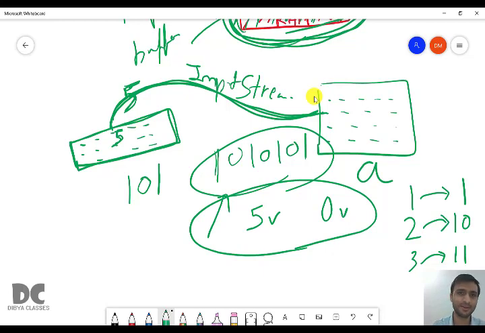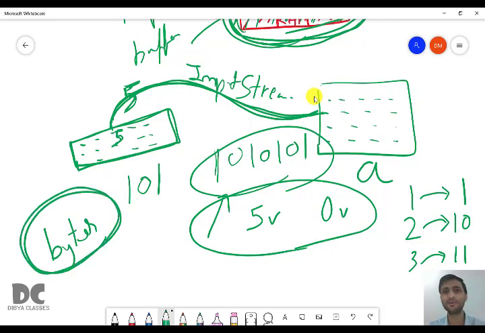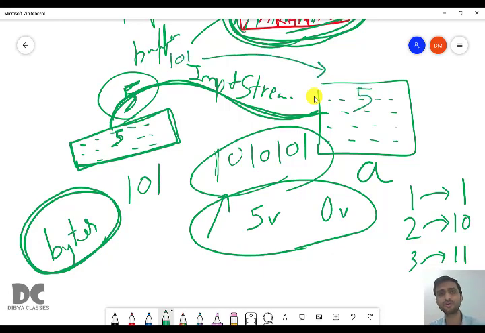And that binary form, we say that it is in form of bytes. What do you want? You want 5. 5 is nothing but a character. Java has many characters. Single character constants we have studied in chapter 9. There are many Unicode characters in Java, almost more than 36,000, where 5 is also a character. It is a digit character. So now this electronic binary form has to be converted to 5, because you will not store the binary form, you will store the normal character form, that is 5.